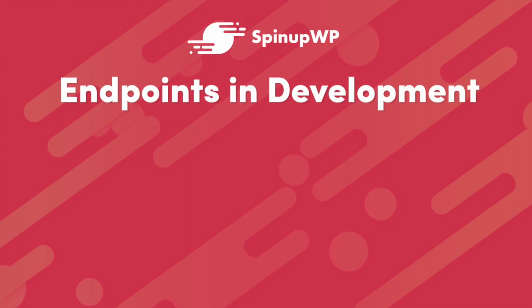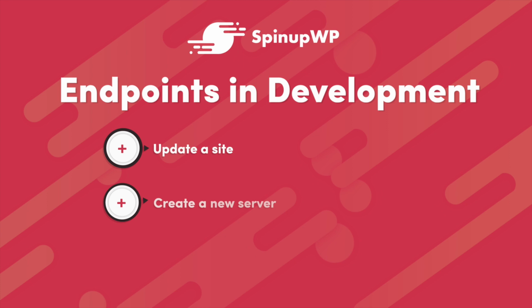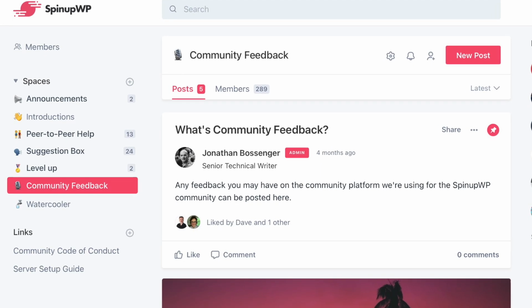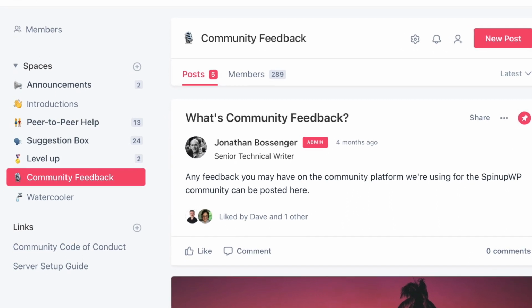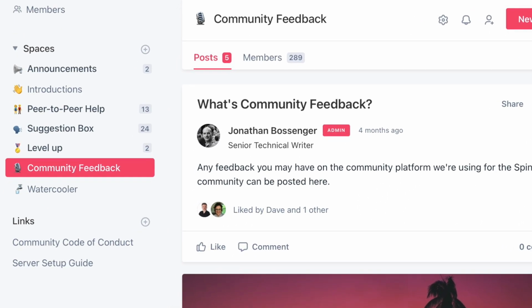Some of the endpoints currently in development include the ability to update a site, create a new server, and to update a server. You're more than welcome to share feedback and suggestions through the SpinupWP developer community or let us